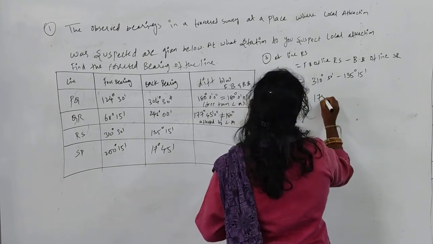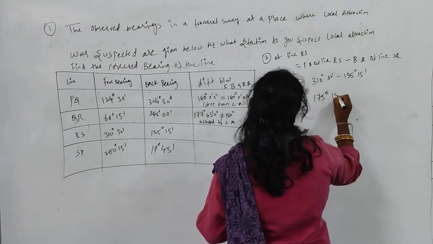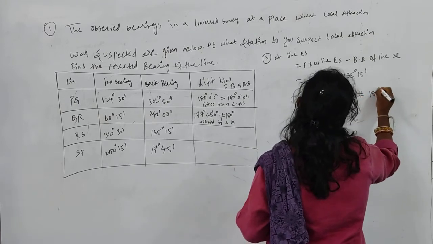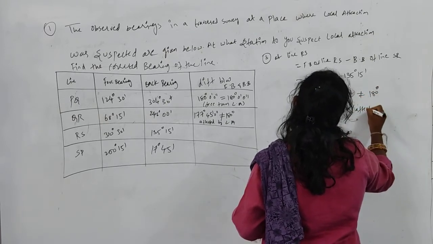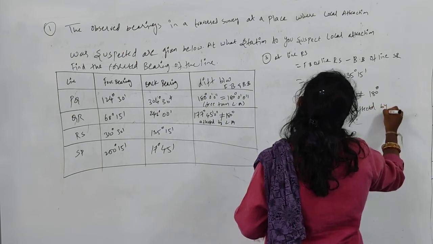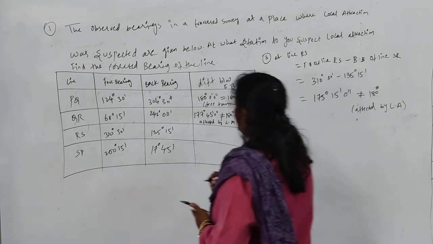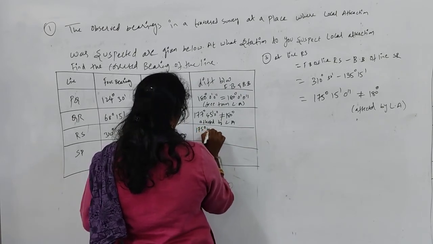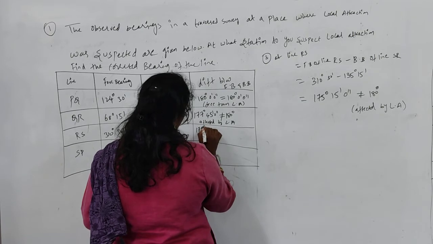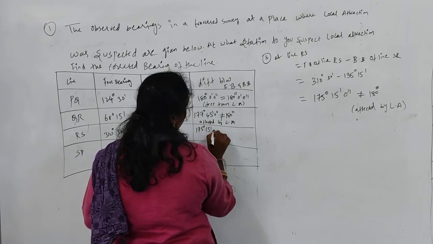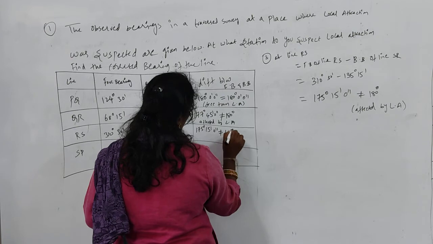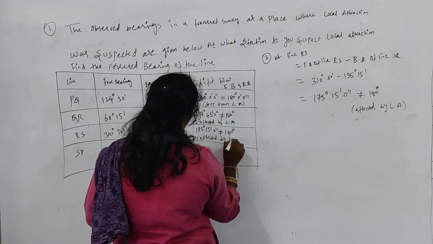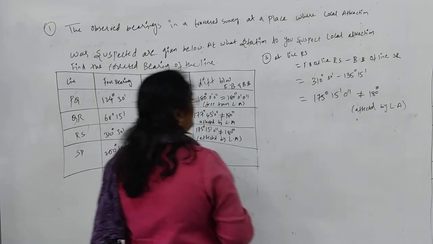So here the value will be 175 degrees 15 minutes 0 seconds. So right, it is also not equal to 180 degrees, affected by local attraction. Right, here what is the value? 175 degrees 15 minutes 0 seconds, that is not equal to 180 degrees. So automatically this station is affected by local attraction. Right? Next one,